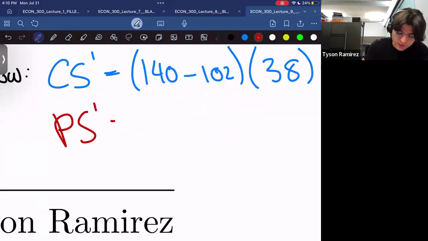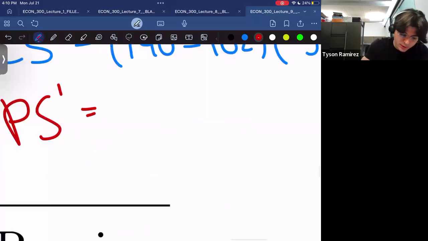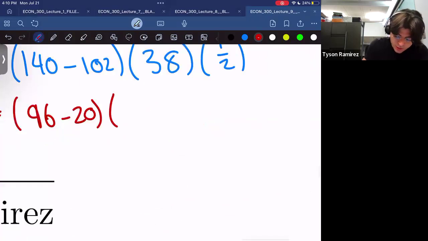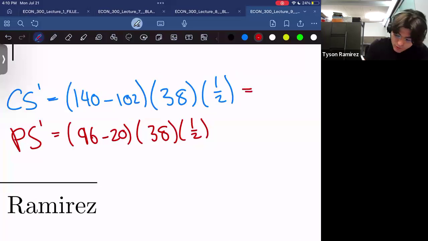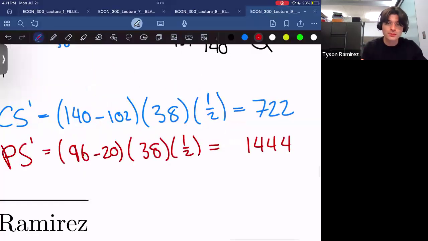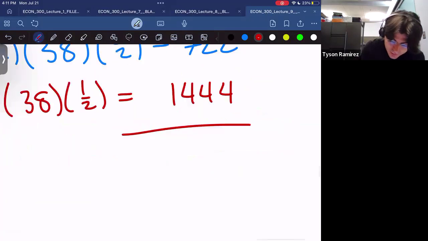Meanwhile, the new producer surplus is this amount now. So 96 minus 20. And then, of course, the quantity is 38. And of course, we have to do the 1/2. And when we punch these things into our calculator, what do we find? We find that the new consumer surplus is 722. The new producer surplus is 1444. And if we add those together, the new total surplus